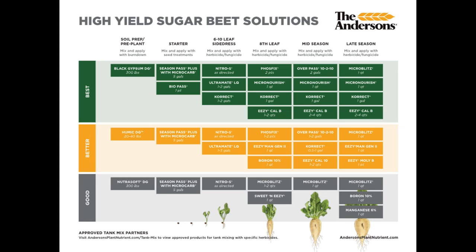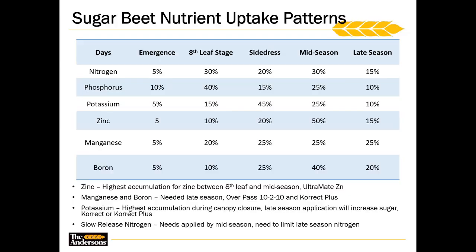And then the third goal of our high yield program is really the benefit to the grower and the sugar company or the sugar co-op that they're working with. If they can make their facilities more efficient by producing more sugar with less tons, that's really a win-win for the sugar company and for the growers. So when we build the high yield program and we take a look at our nutrient uptake patterns there,